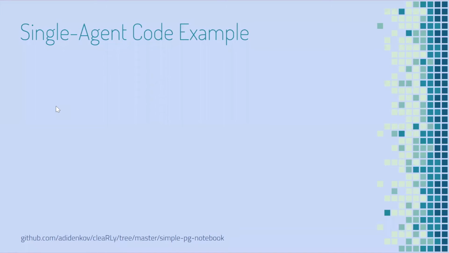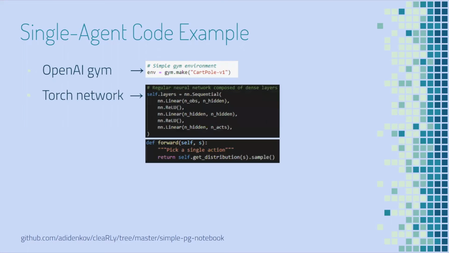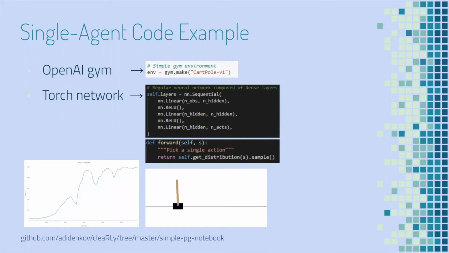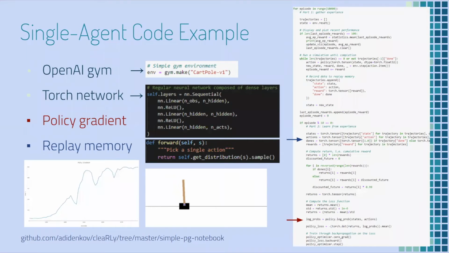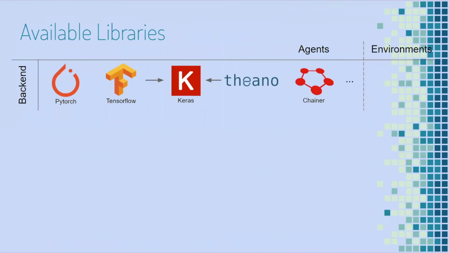So all this looks good on paper, but how do we actually make it work? Well, to begin, we can use some already existing libraries such as OpenAI Gym to take care of the environment stuff and PyTorch or TensorFlow to handle the neural networks. And we can actually check that this example does work for a single agent situation. See, this seems simple enough, right? Well, looking at the code just begs the question, can we make this even simpler? And luckily for us, the answer is yes.